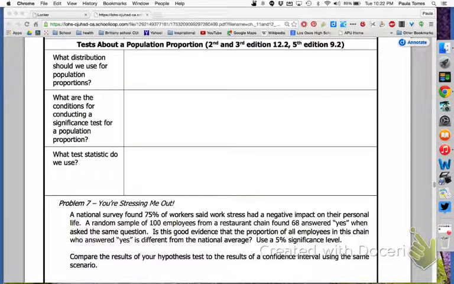Howdy, statisticians. So we're going to go back and fill in those notes that you were all crazy because we weren't filling in before. And we've been talking about means, so now we're going to go back and talk about